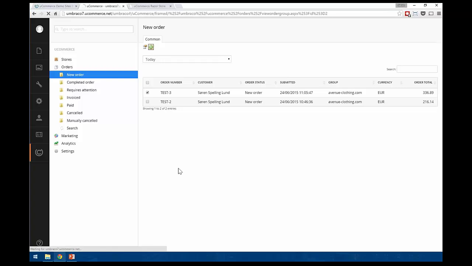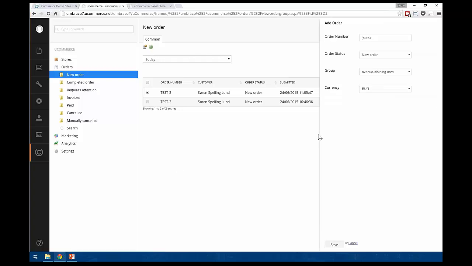Incidentally, I clicked that button, so I might as well show that as well. You can also use these screens here to place new orders on behalf of customers. So it's very common to have situations where orders are received through multiple different channels, some of which may not be managed by uCommerce itself. Phone, fax, things of that nature. So it's handy for a salesperson to be able to go in here and place an order on behalf of a customer, and that's exactly what we're doing here.